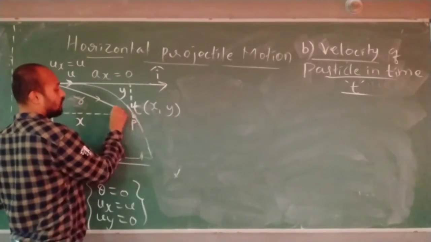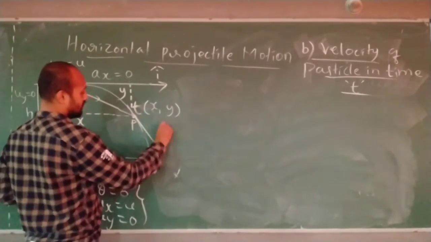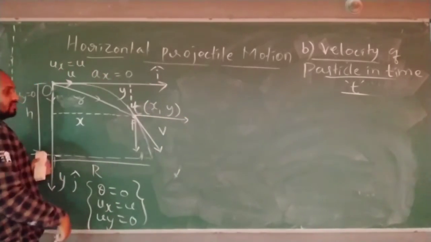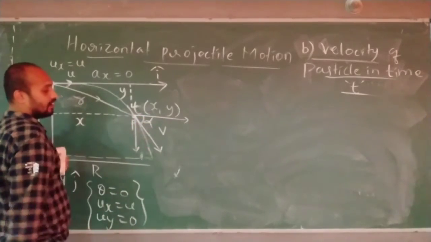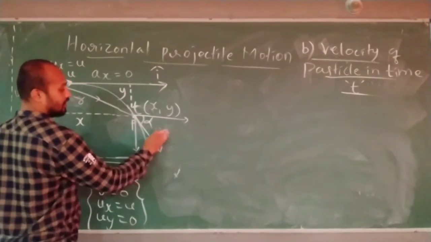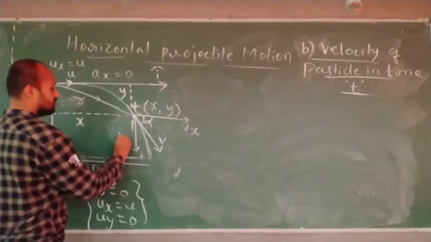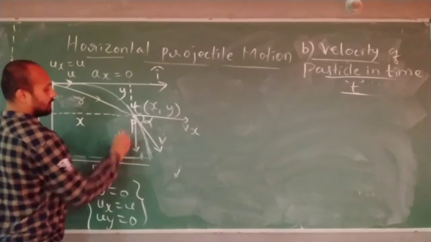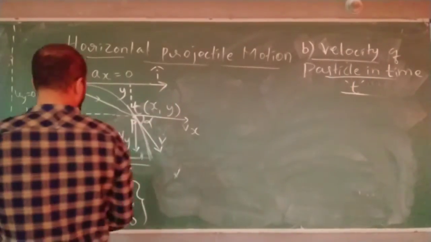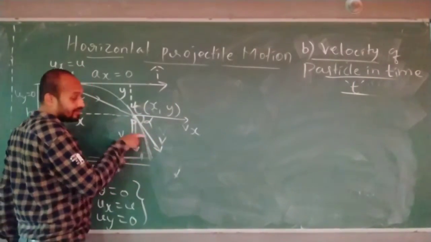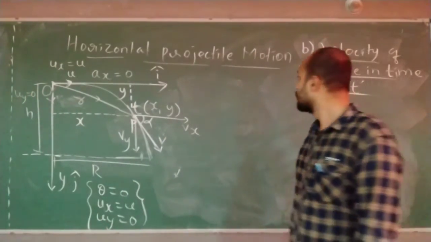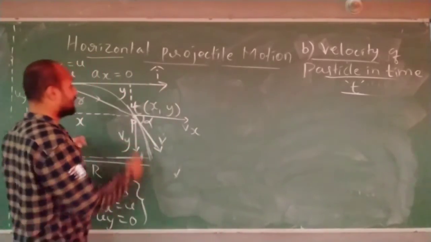Now this is the velocity v. I will draw two lines, one along the x axis and one along the y axis. If I take this angle alpha, this is the velocity direction at point P, and this will be Vx and this will be Vy. This velocity direction is making angle alpha with x. That is just to find direction. I want to find the velocity of the particle at this point.